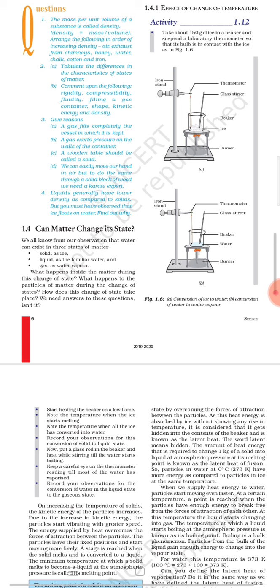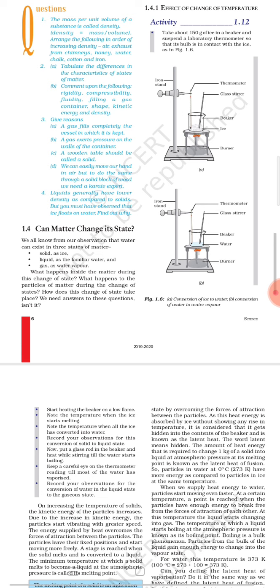Then the last state is the gaseous state. Gaseous substances are highly compressible in nature. They do not have fixed shape, they do not have fixed volume, density is very low, and they show the property of fluidity to a very high extent. And the rate of diffusion in the gaseous state is very high. So this is about the properties of three different states of matter. You have to write this by making a table, don't forget this.